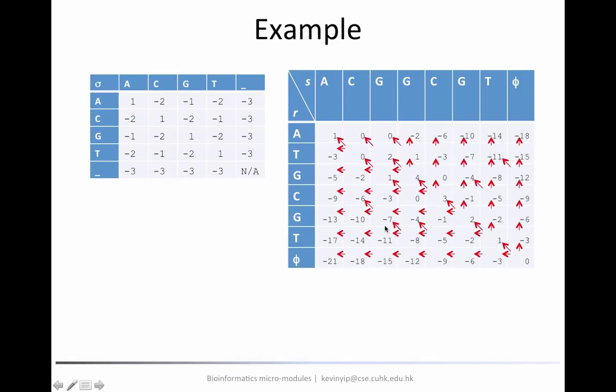Let's look at this -7. I take this number because there are 2 different red arrows pointing in. So first of all, what is the meaning of this number? This is the optimal alignment score when we try to align GT with GGCGT, the suffixes of the 2 sequences. So again, we have 3 possibilities. If we take the diagonal path, we're going to say we put this G from sequence R and this G from sequence S into the same column of the alignment. Since this is a match, we're going to have a score of 1, and the new subproblem actually has a score of -8. So we're going to have -7 along this diagonal path.